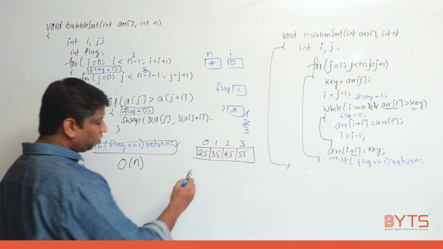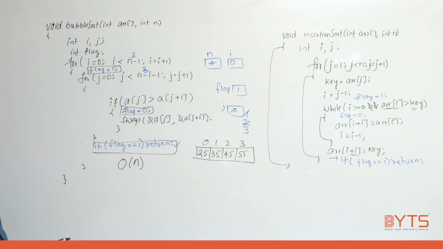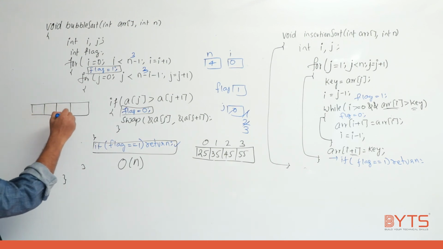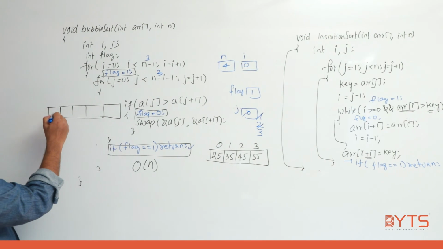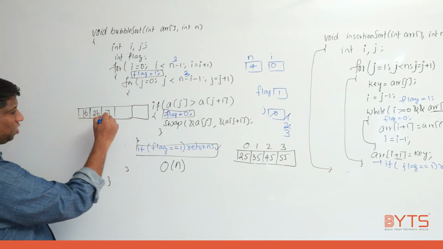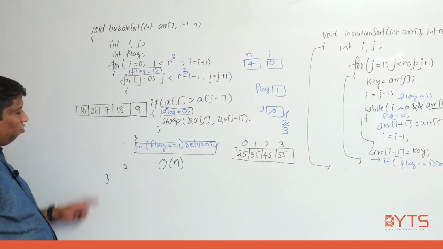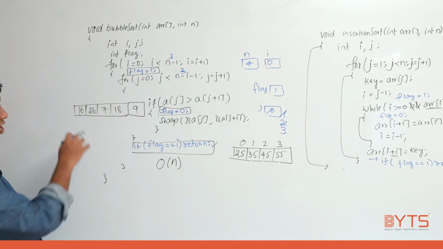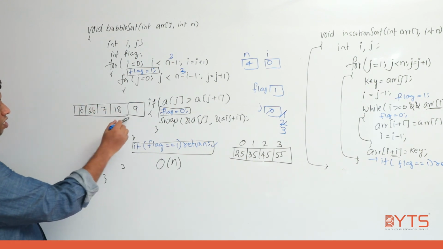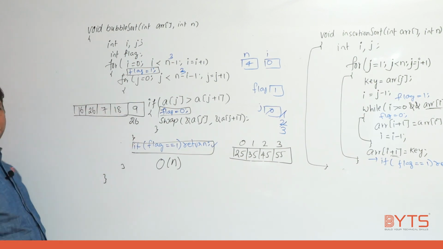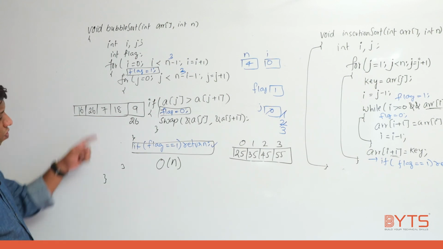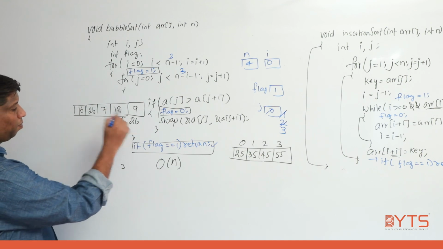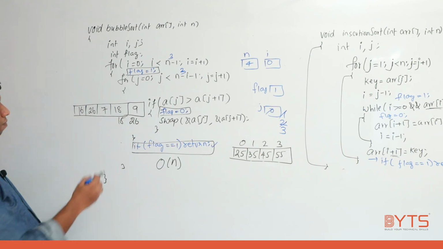Okay, another advantage with bubble sort, what is there? Try to understand. Let us take some elements like this: 16, 26, 7, 18, 9. Whenever you sort this array for the first time, how will the array be? I don't really care about the numbers. 26 will come here, and the remaining elements are rearranged. Now whenever you pass the loop second time, what will happen? 18 is the second number, right? 18 will come here. Whenever you pass this array third time, 16 will come here.